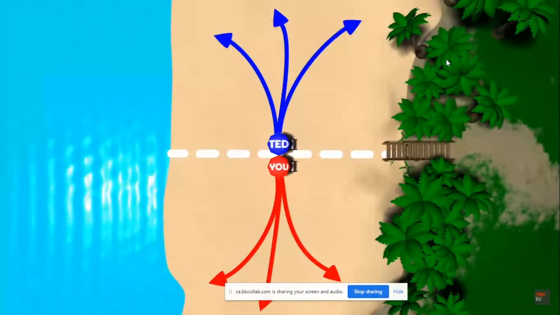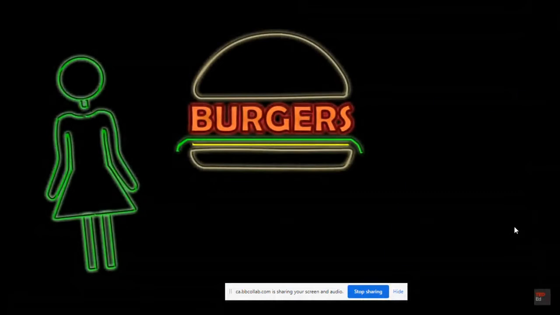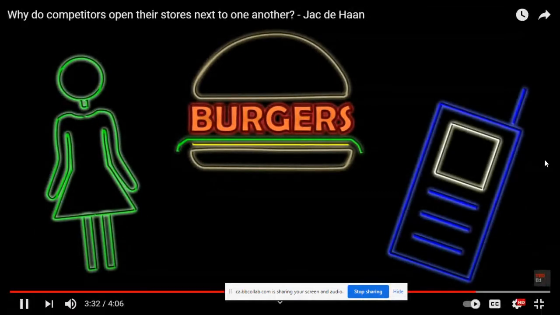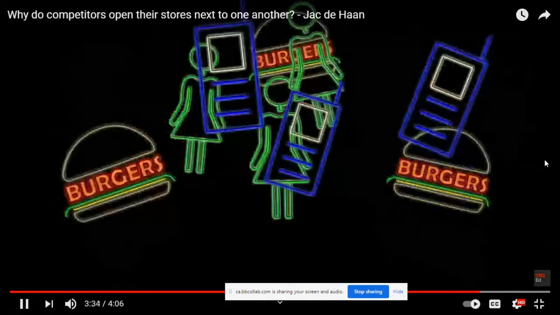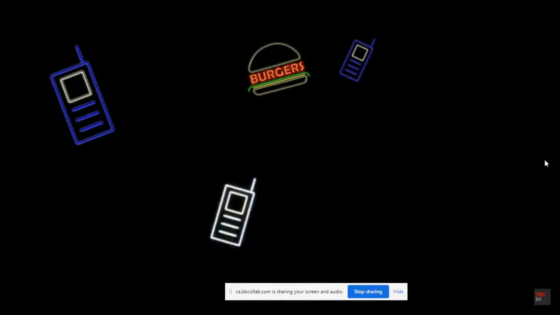However, you no longer have a socially optimal solution, since customers at either end of the beach have to walk further than necessary to get a sweet treat. Think about all the fast food chains, clothing boutiques, or mobile phone kiosks at the mall. Customers may be better served by distributing services throughout a community, but this leaves businesses vulnerable to aggressive competition.